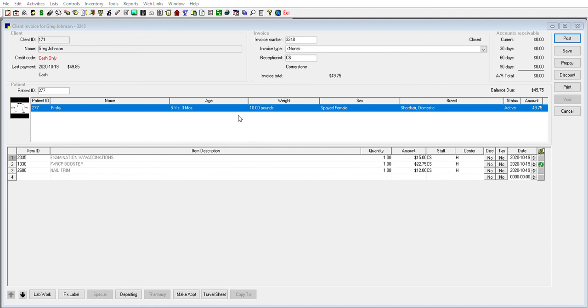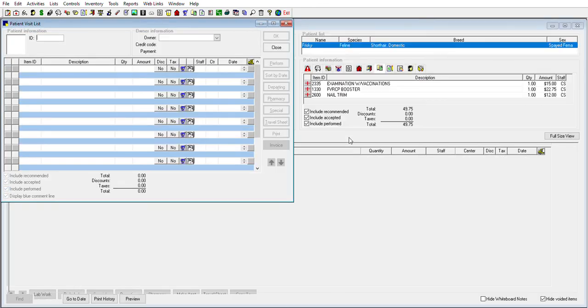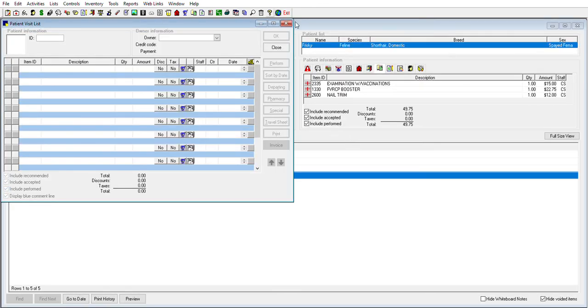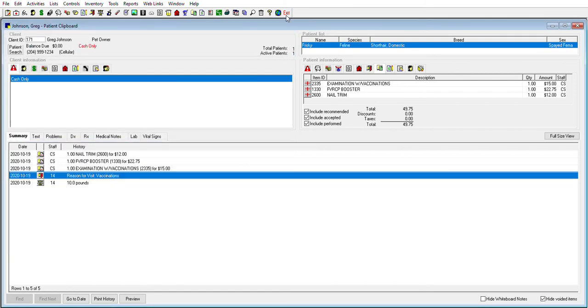It's showing up that check-in alert for me right now to use gloves. Right, that's right. We're done with Frisky now though, so I don't need to see that again. I'm going to hit close. And I'm going to just close out of this visit list. So now you can see that